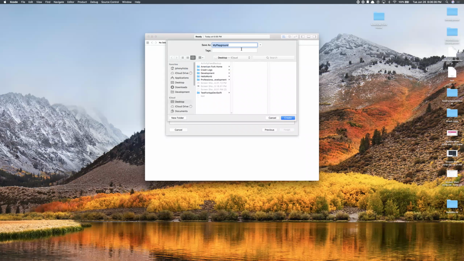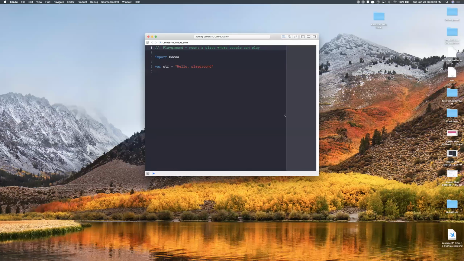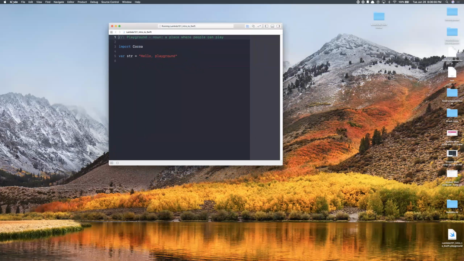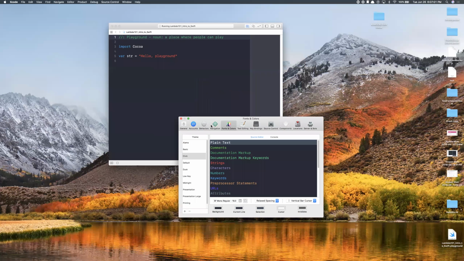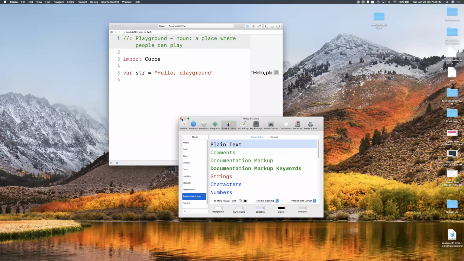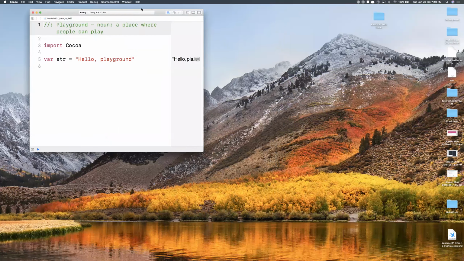And then we're going to give this playground a name. So I'll just save it as Lambda 101 Intro to Swift. You can go ahead and give it whatever name you'd want, but I'm going to name it that. And let me just change my text here. I like to code on a dark background, but it's not great for presentations. So I'm actually going to change this to presentation large. So it's a little bit easier for all of you to see. Then I'm going